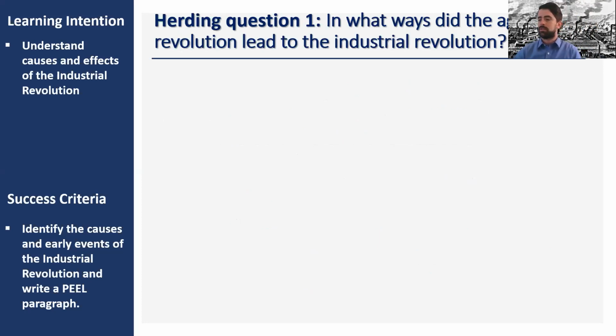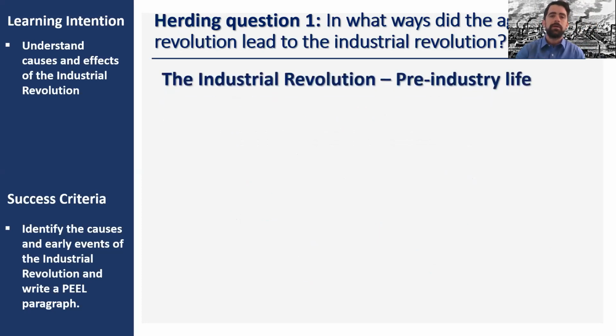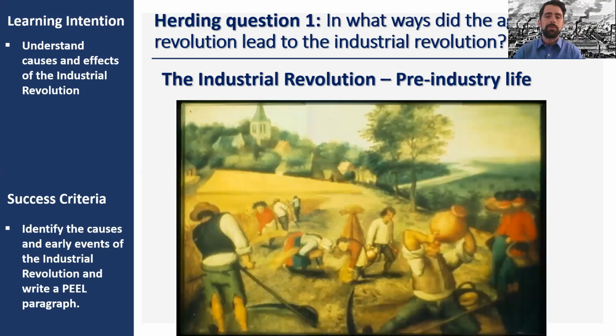So we'll just jump right into the first question, which is, in what ways did the agricultural revolution lead to the Industrial Revolution? And again, this really starts on page 283 of the reading. To understand the revolution in agriculture that happened, we kind of have to look at what did agriculture look like